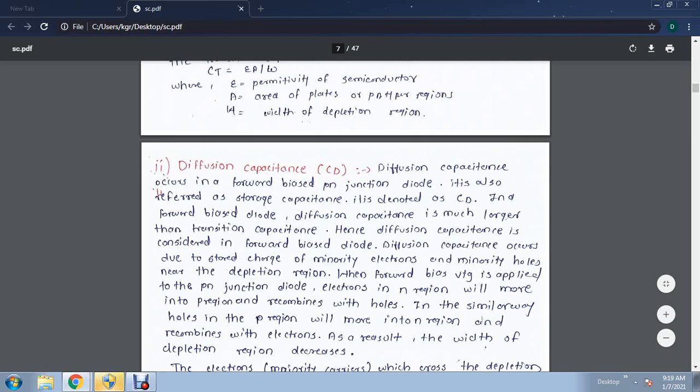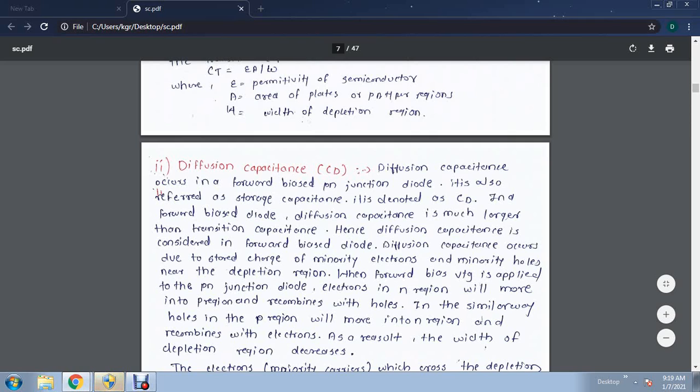The diffusion capacitance is represented by CD, that is, C suffix D. In a forward biased diode, diffusion capacitance is much larger than transition capacitance. Hence, diffusion capacitance is considered in a forward biased diode. Diffusion capacitance occurs due to storage of minority carrier charge near the depletion region. When forward bias voltage is applied to the PN junction diode,